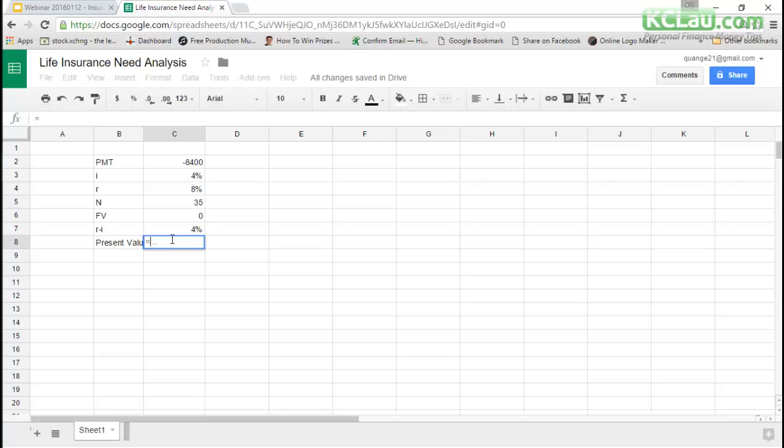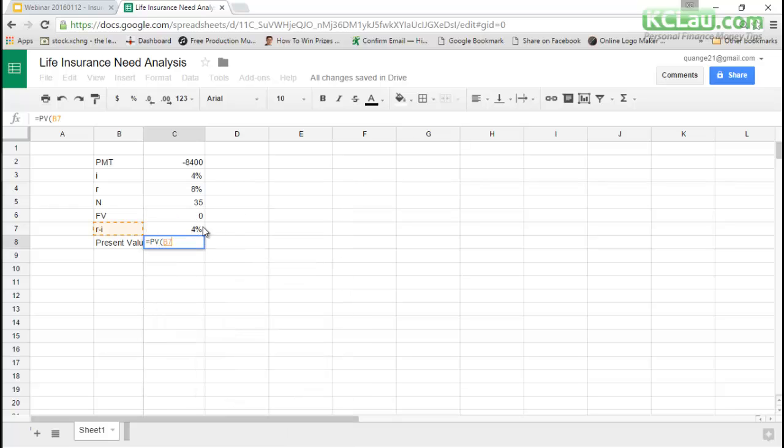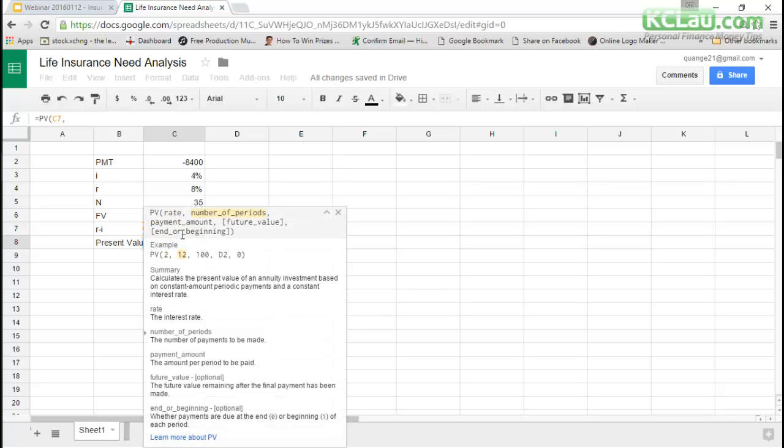Then in this case, you just type in the formula PV. When you click here, it's going to show you what you should input. So the rate should be R, this C7. Okay, and then you press comma. The second is the number of periods, so it's the number of years.